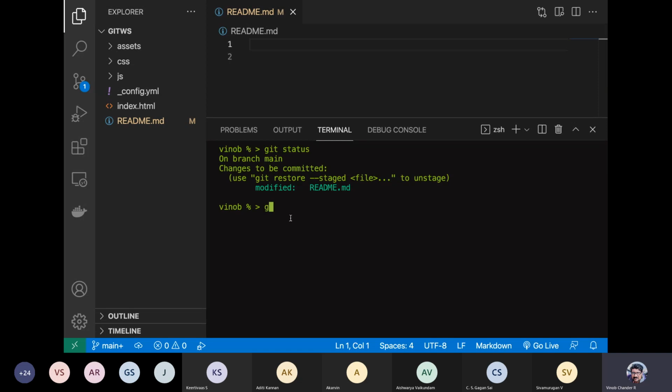Okay, so let us do that. So you do a git restore. You can either do staged, as you can see here, or you can just specify a capital S. Both are okay. So let me just do staged.